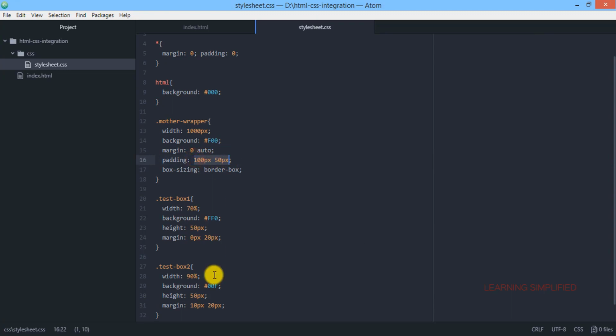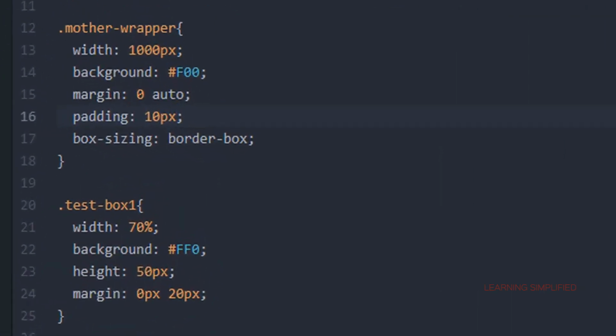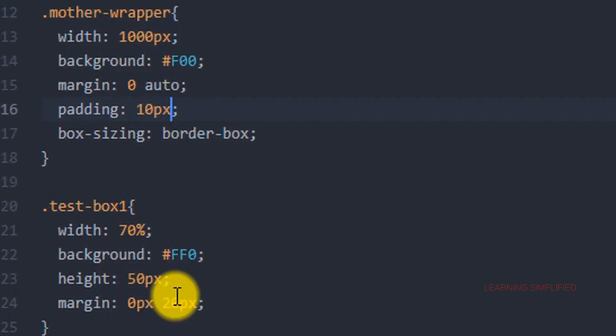And in this particular case, this is test box 1. Here we have provided a width of 70%. Say we have provided a padding of 10 pixels, that means there will be 10 plus 10 equals 20 pixels of gap from either end. That is why 20 pixels will be deducted from the available 1000 pixels that we have seen over here. That means we need to limit them within 980 pixels.